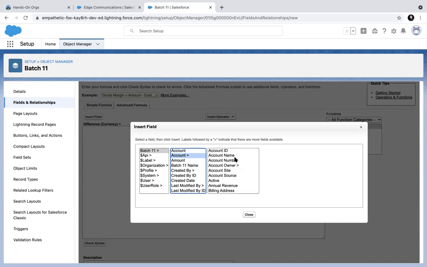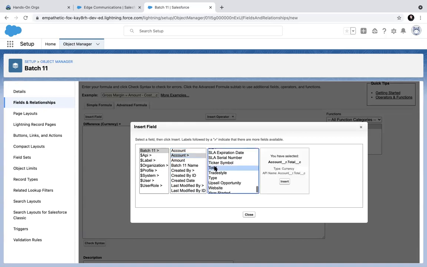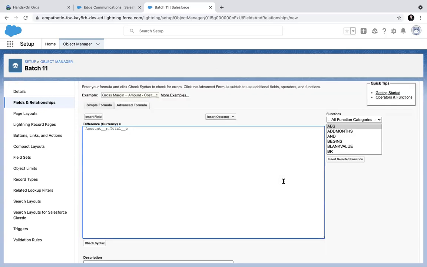I can traverse now to the account fields. So I pick the Total field I have created and insert it. You see this automatically comes as Account__r. That is the relationship: Account dot means on that object, which field I am using.